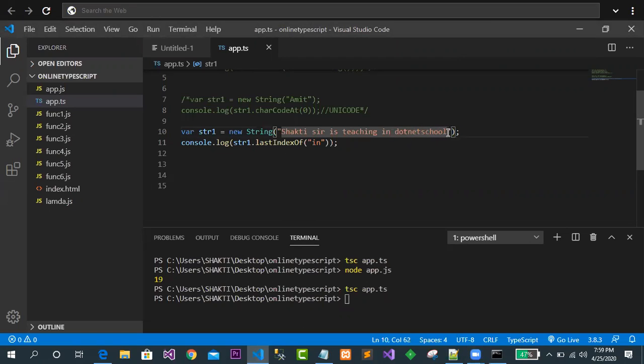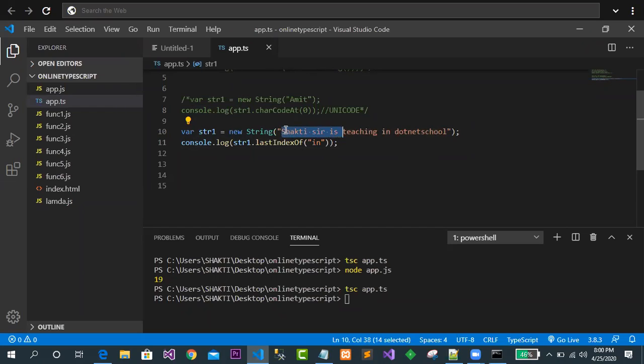You have counted, sir, from this side. Your index is always starting from this side or this side? Sir, we will count from the right side. From the left side, we will count always. This is the left side, this is the right side. Your index is always starting from which side? Sir, here last index of is starting from this side, right? The last index of in, it means it doesn't mean that you will count like this: 0, 1, 2, 3, 4. Oh, okay, sir.